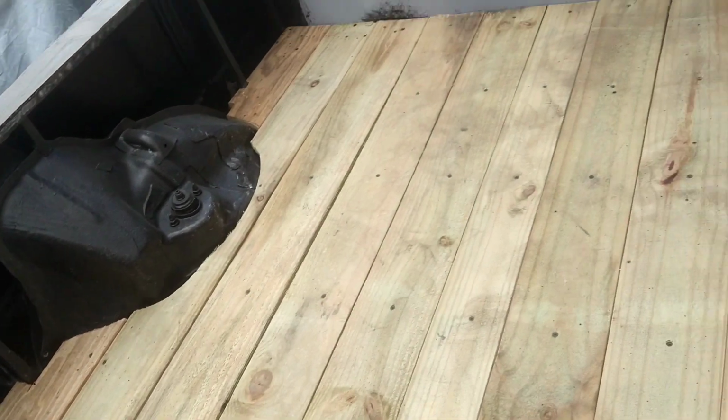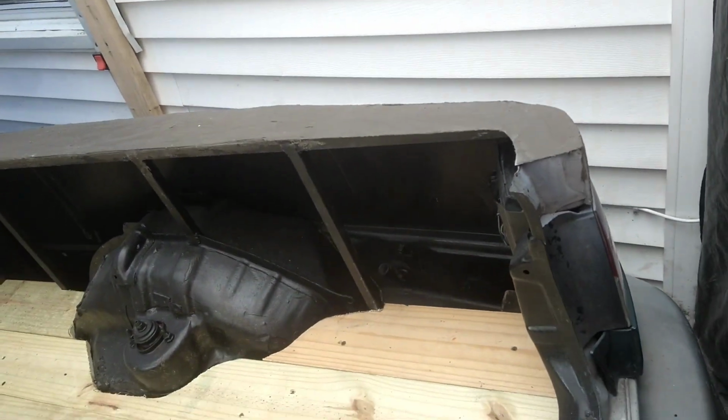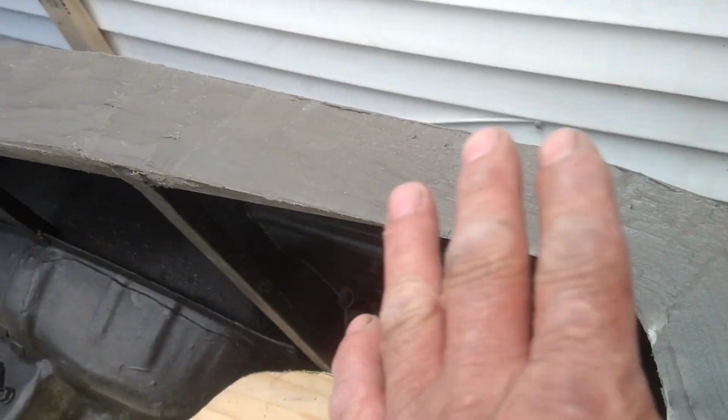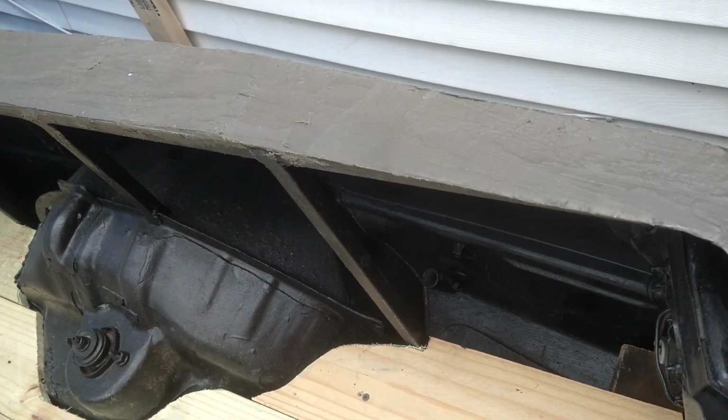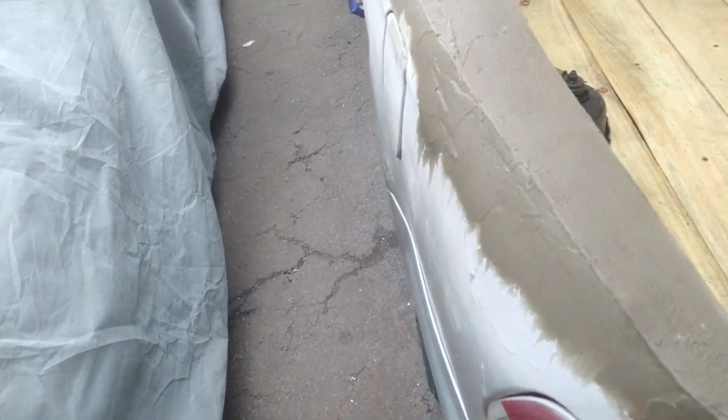Everything looking the way it's supposed to. All the shapes. I'd rather just let things like this dry rather than push it. Fiberglass, you'll want to leave it a day or two so that you work on your things and everything looks proper. But yeah,